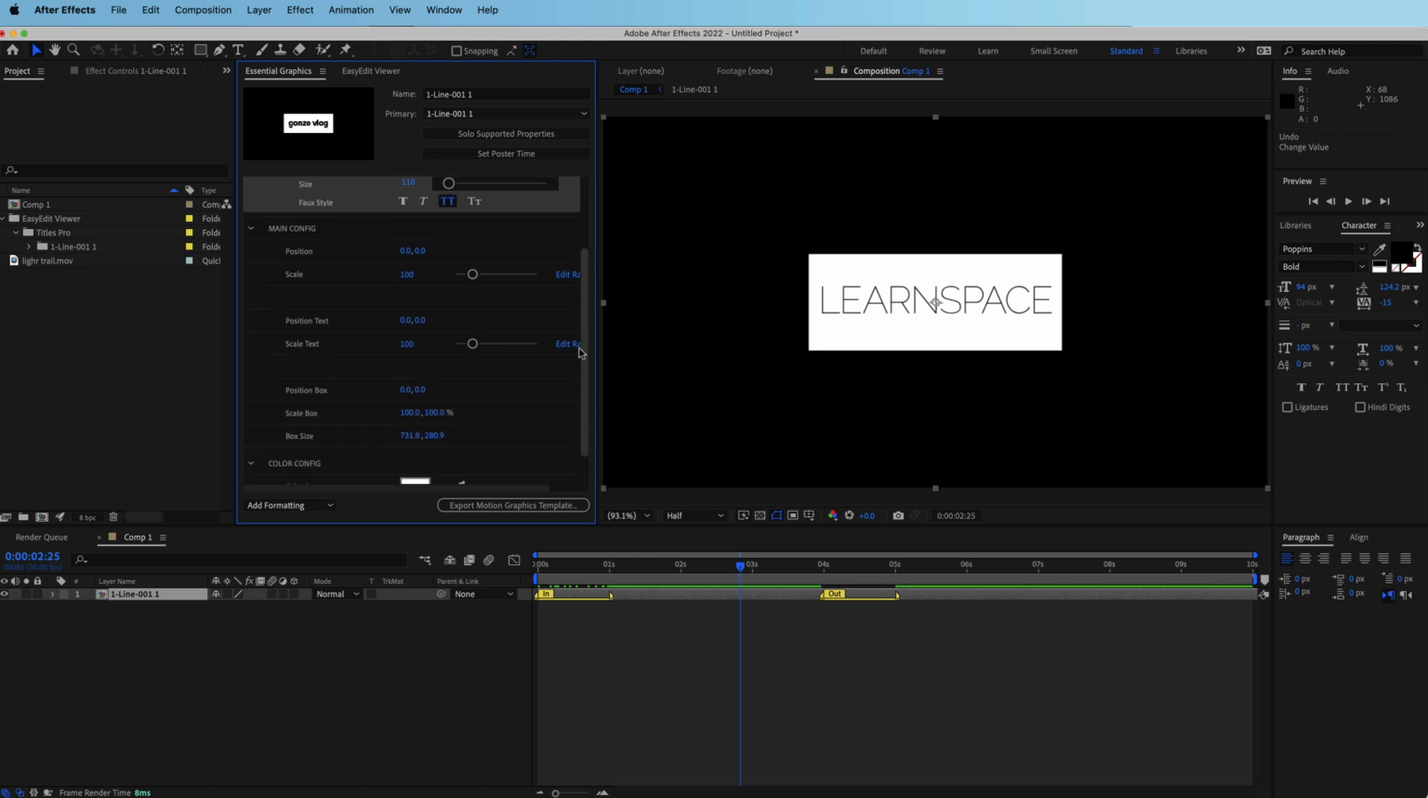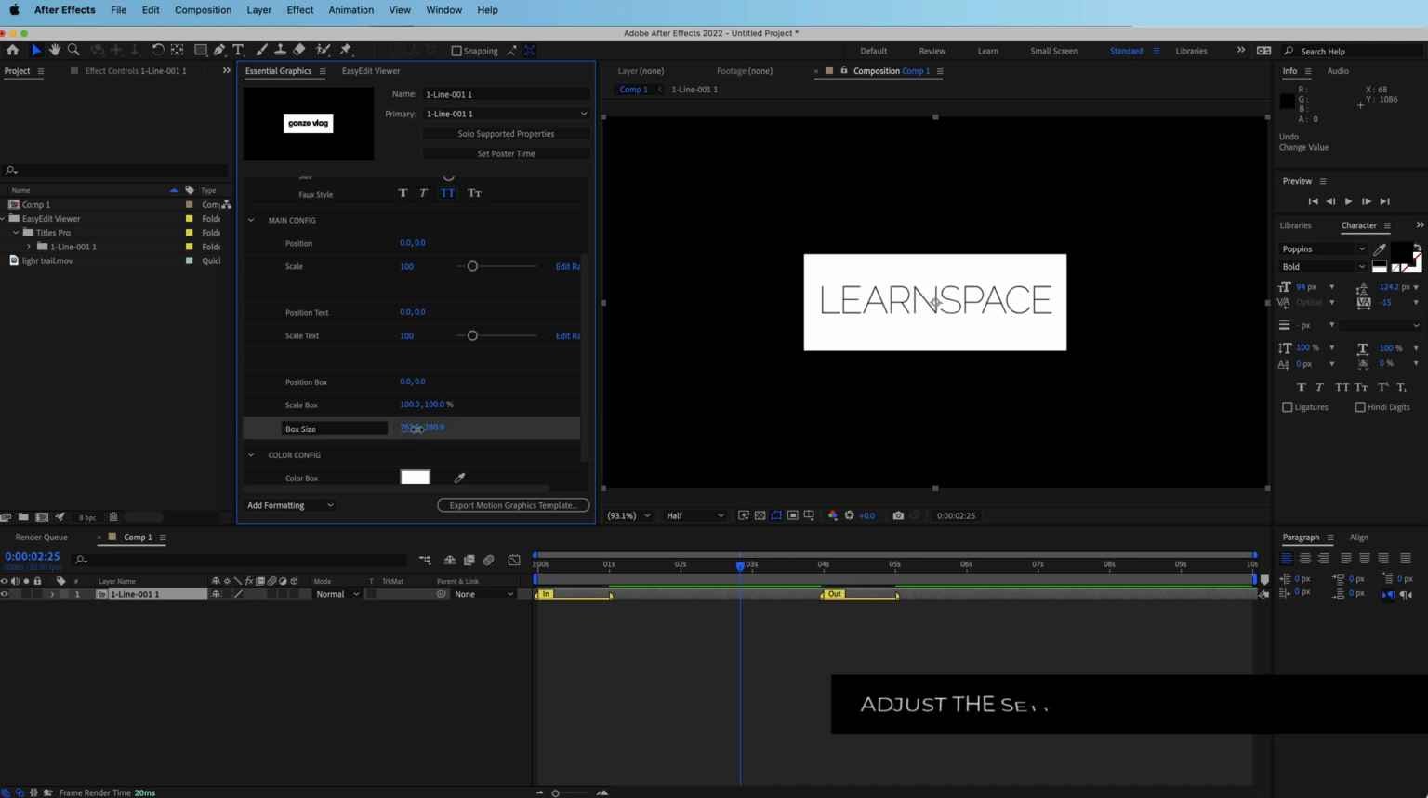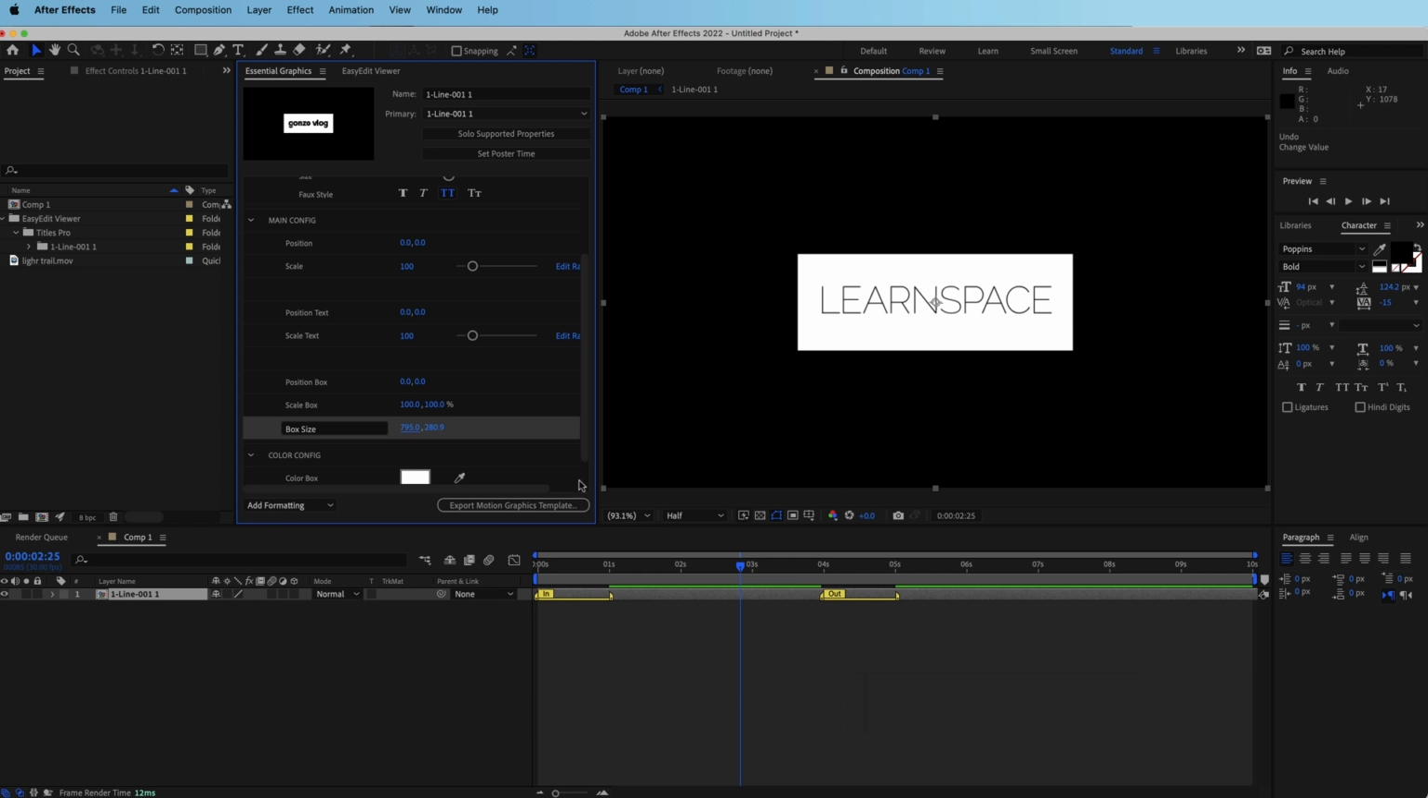Now in the main config is where you can change things like the box size, etc. So if you want to make the box size bigger, you can. So you can see how I'm bringing this value up, the X value, it's creating a bigger space for the box. Now, once you're happy with editing your template, what's cool about this is that you can use it in